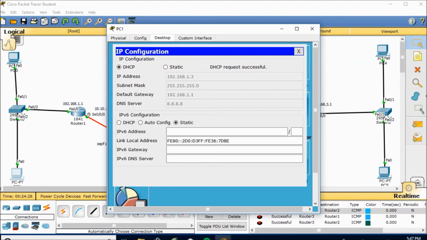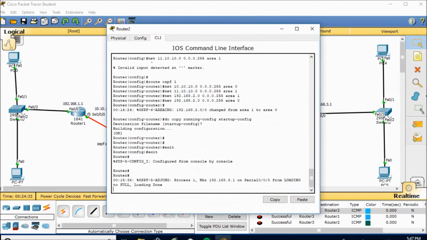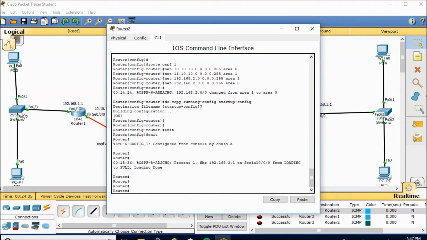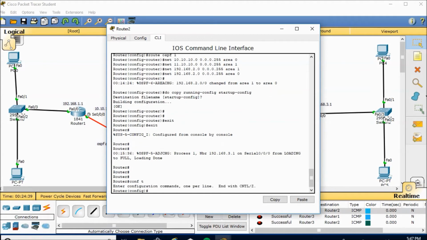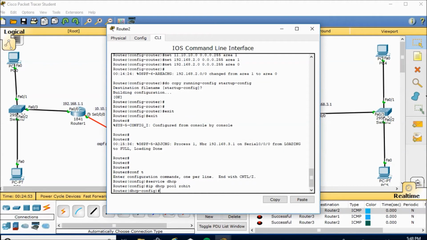This one got 192.168.1.3, and this PC 0 got 192.168.1.2. The same thing we are going to do with this router also. So on this router, now we are going to do config t, and then the service DHCP, the IP DHCP pool name. Then we are going to set the network